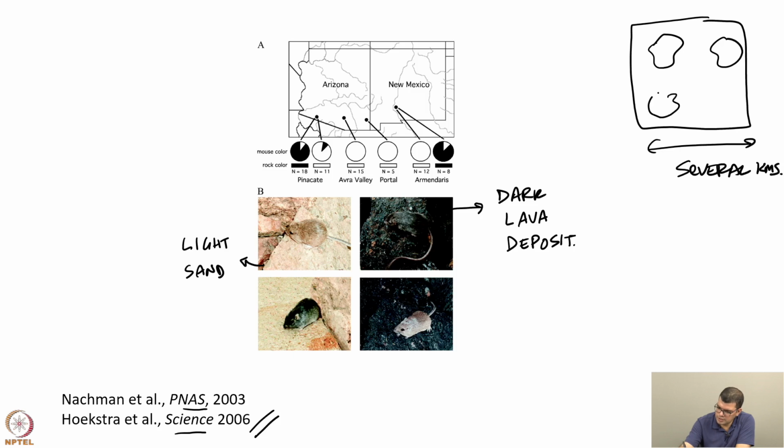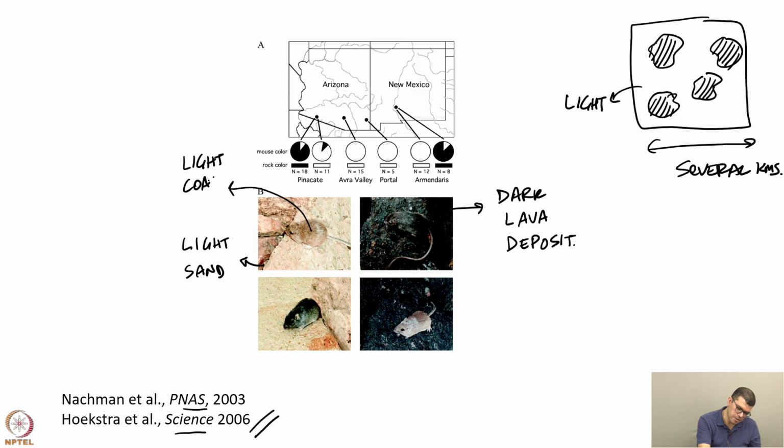So, you will have these island-like things, each of which can be 1 or 2 kilometers, which are dark terrain, and on the whole the rest of it is the light sand terrain. Now, prior to these volcanic eruptions, what was residing in this place were these mice which had this light coat,